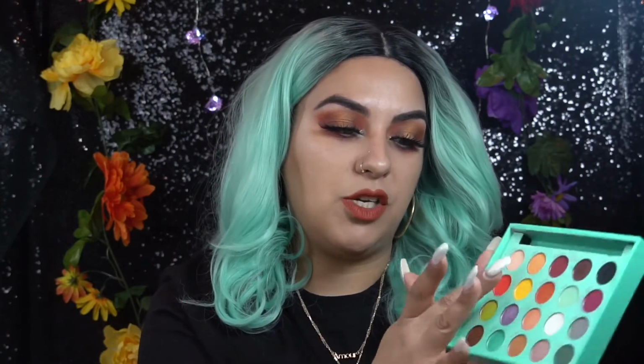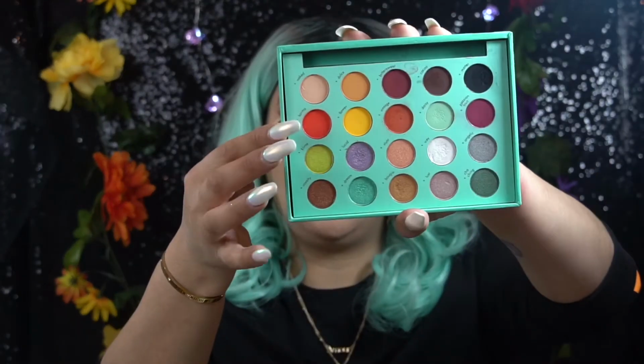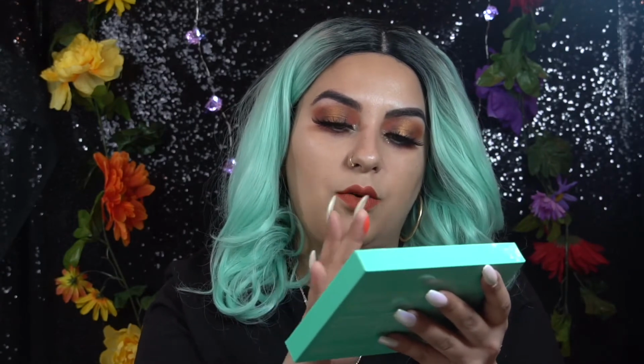So for my first look, I used the black one. I don't really want to get too dirty with that. I used Black Matter. I used Karma, which is this neon orangey color right here. So I'm gonna rub that, and yeah, that. I also used